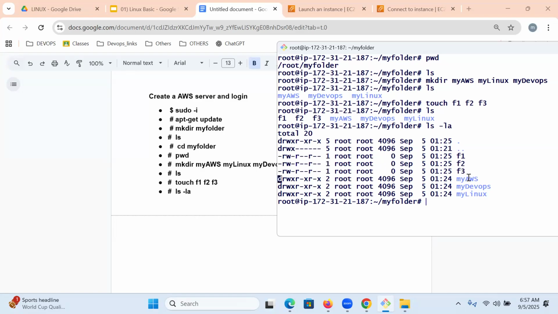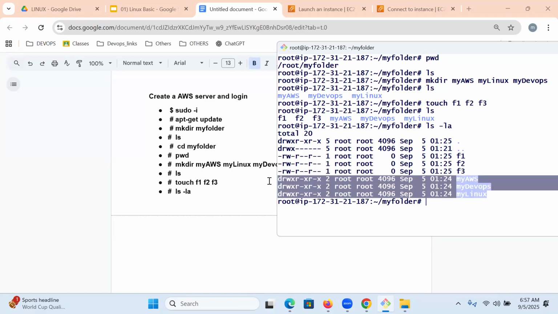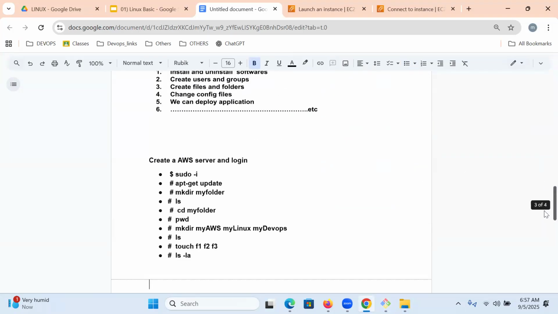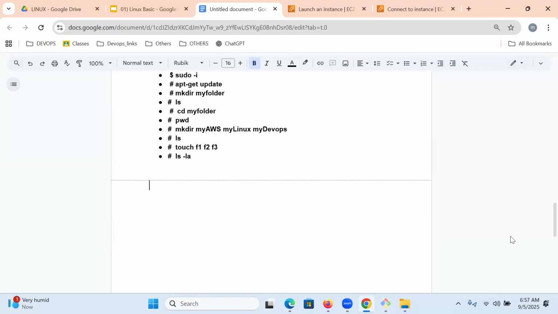When you see D, it means directory. Clear? Understood? Any questions after this point?